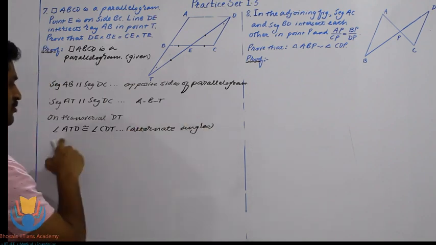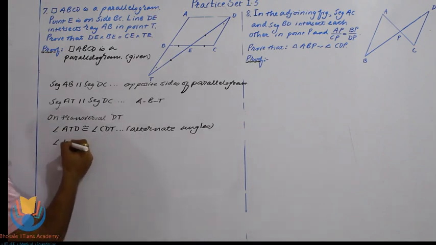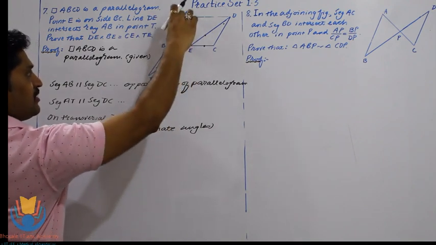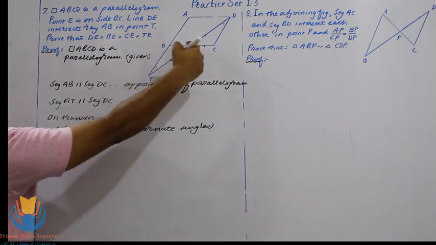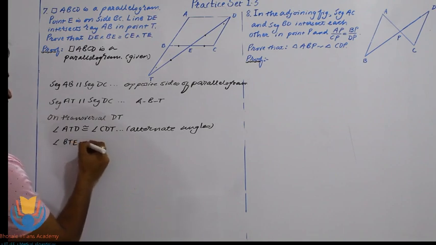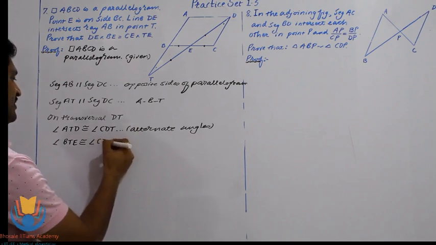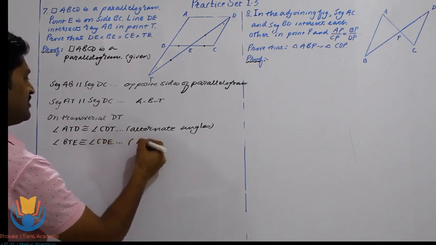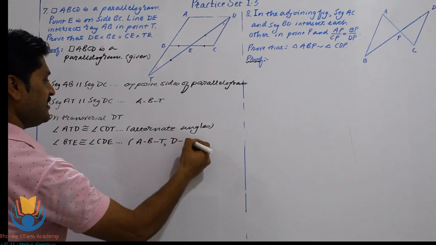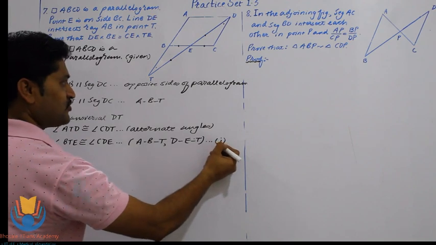Again we will modify the name of angles as per the name of those two triangles. So ATD, we will write that as BTE. So we will remove that part AB and this part D from that name. So this will be BTE, which is congruent to CDE, so CDT can be written as CDE. So here we will write the reason ABT, and secondly we will write DET. Let this be equation number first, because we are going to use it while showing those two triangles to be similar.